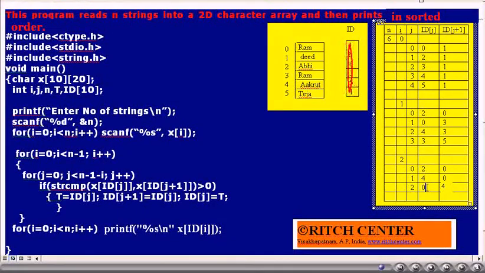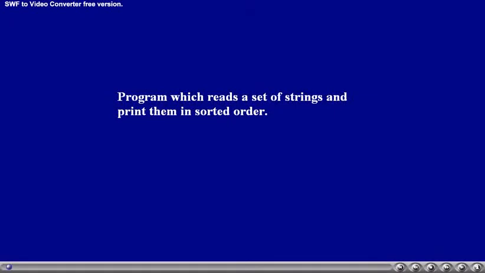The last for loop, when it is executed, will print the strings first Akrut, Abhi, Ram, Teja and Did. Program